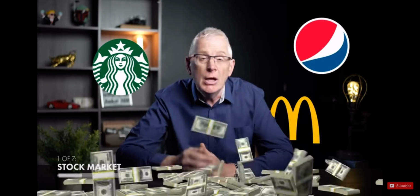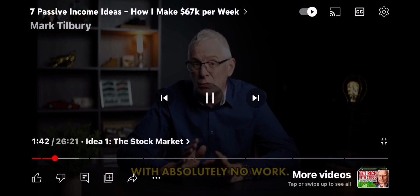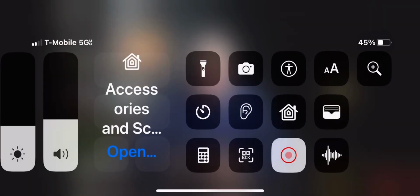These are chunks of companies you can buy. Think Starbucks, Pepsi and McDonald's, and in return for owning them, you get a share of the profits paid directly into your pocket, as well as benefiting from the stock going up in value as a bit of a bonus. They're one of the easiest ways to make money on a consistent basis with absolutely no work. Well, that's as long as you pick the right ones to invest in. I strongly suggest you listen to this next part carefully so you avoid